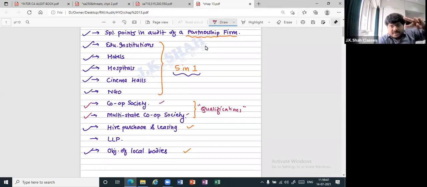So is there a difference between the qualifications of both? Yes. Cooperative society, only a chartered accountant? No. A chartered accountant or anybody who's holding a diploma in cooperative accounts or anybody who has worked under the government in a cooperative department. Acha, multi-state cooperative society also same? No. Then correct. I hope there is only a chartered accountant who is qualified. All cool? Acha. Now, obviously there are other points also, but the main point was qualifications.